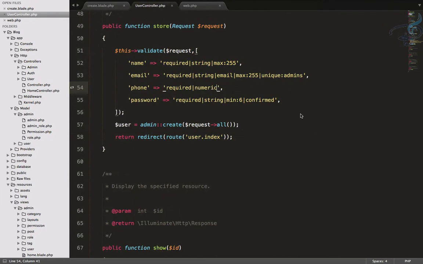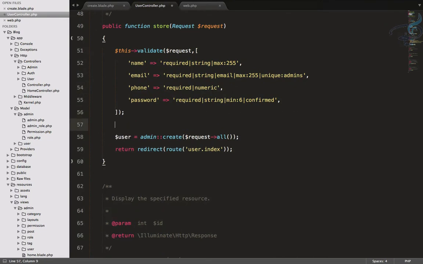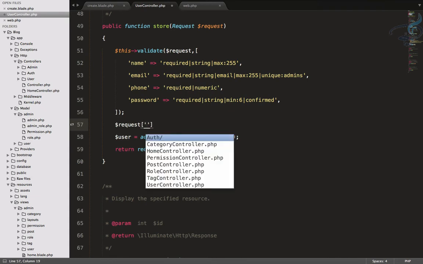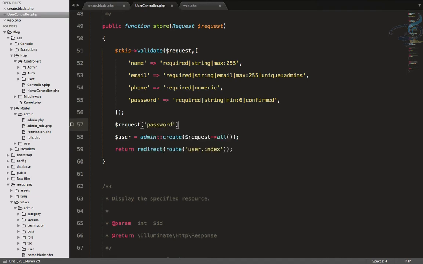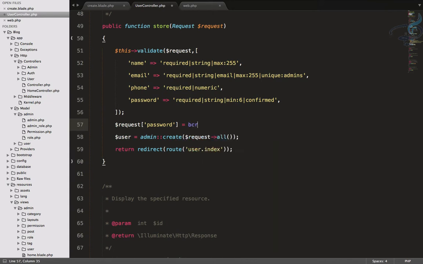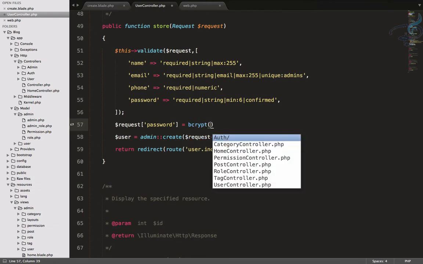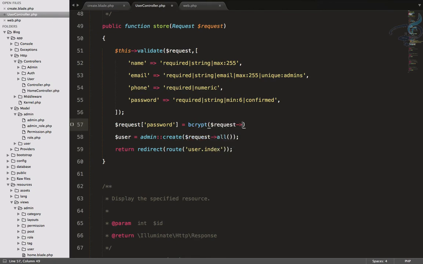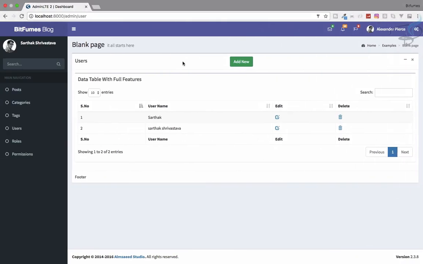So to decrypt the password, we can say $request->password is equal to decrypt of request->password. So we are overwriting the password field with the decrypted password, and let's once more do that thing. So delete this user,